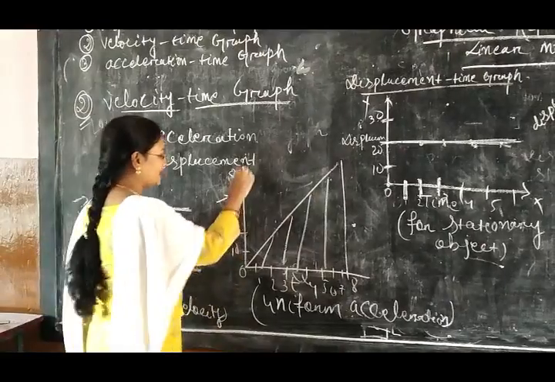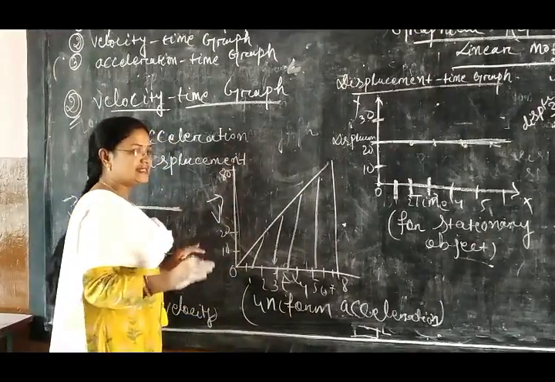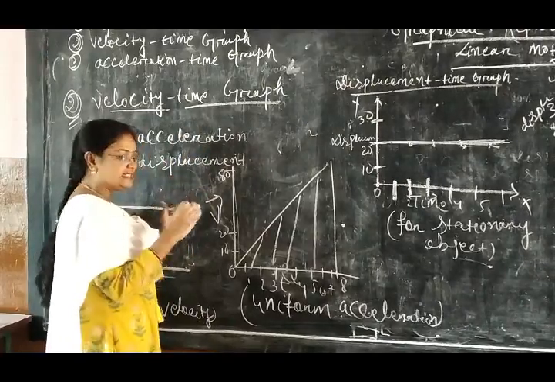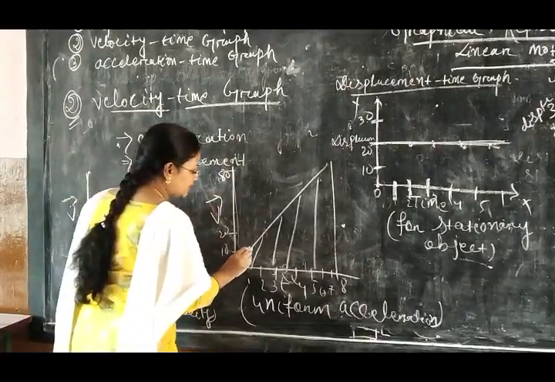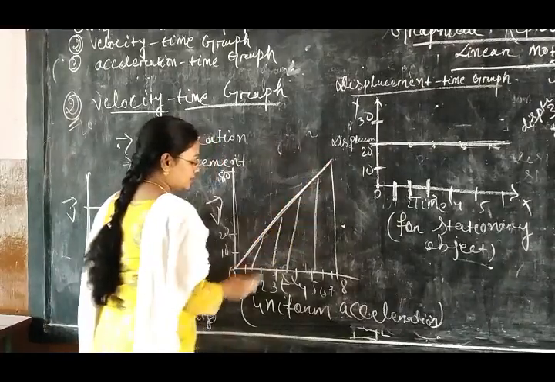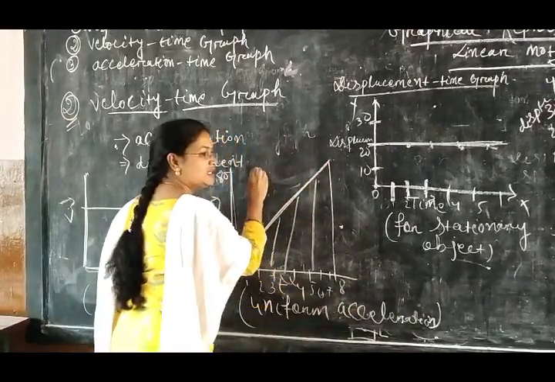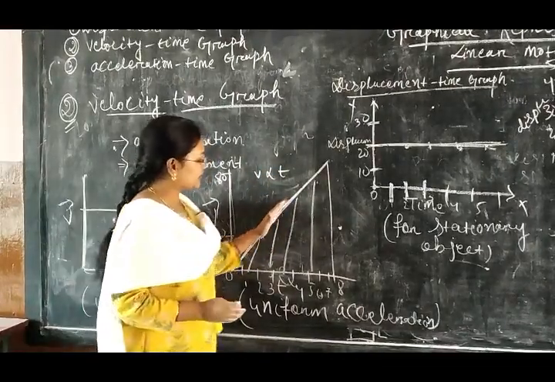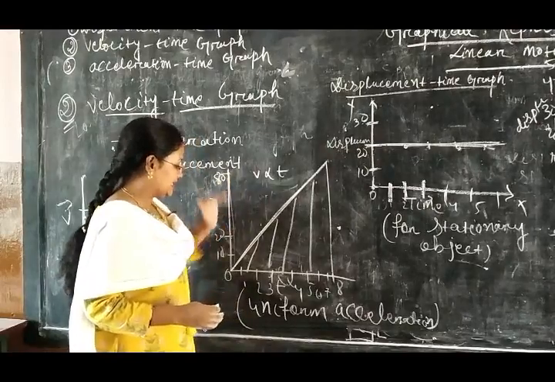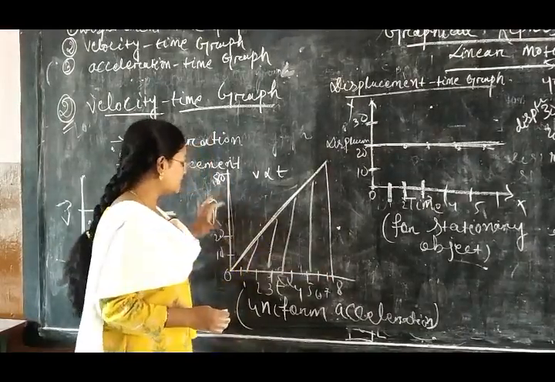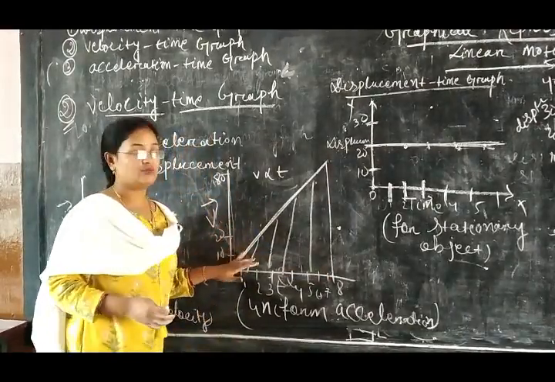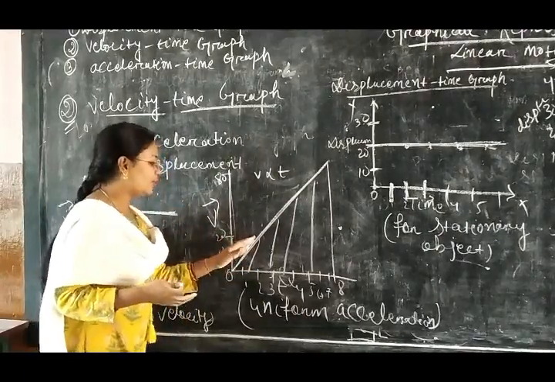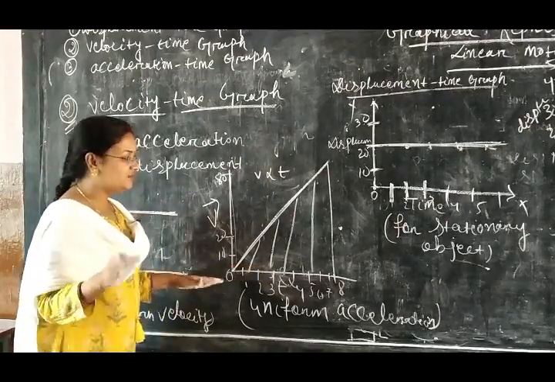And for uniform acceleration, I had told that for acceleration, that means what? Velocity is increasing uniformly. So you see here the velocity is increasing. This is for your uniform acceleration. Your velocity is directly proportional to time. You see the velocity is increasing continuously with time. And from this velocity time graph you can also calculate acceleration. How you will calculate? Same thing. The slope of the velocity time graph will give you the acceleration.